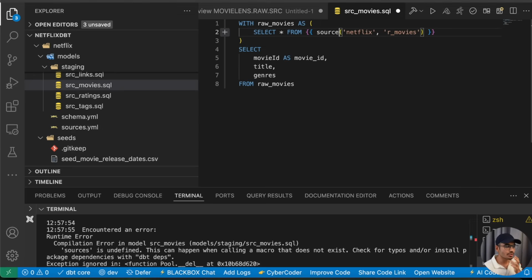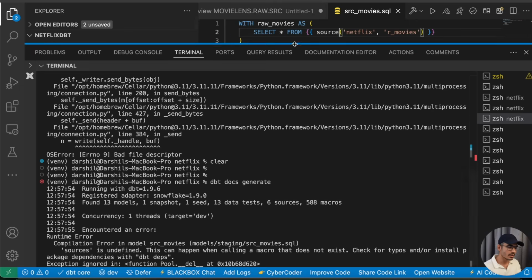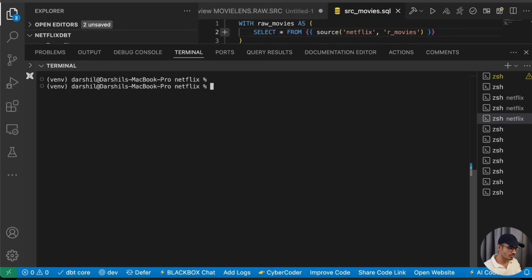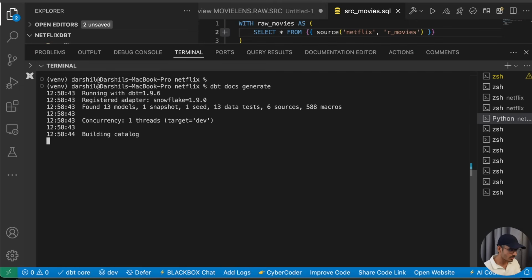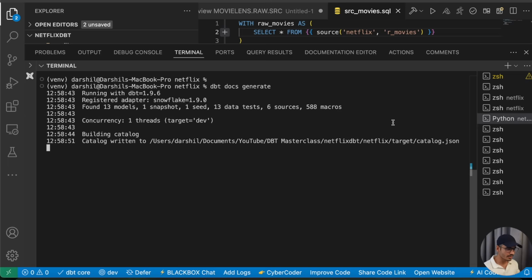I think it's not sources, it's just source. Okay, maybe that is the reason we are getting the issue. dbt docs generate, I think it should fix now. Building catalog, all right, that got fixed. Catalog written, all right. So it already wrote our documentation, and now we just have to run one command, which